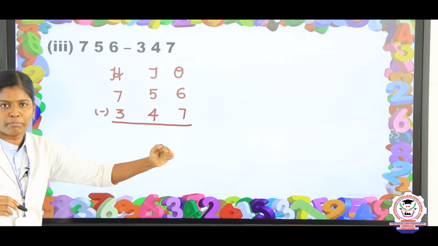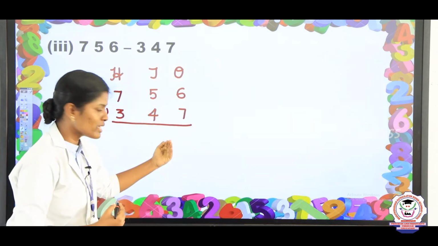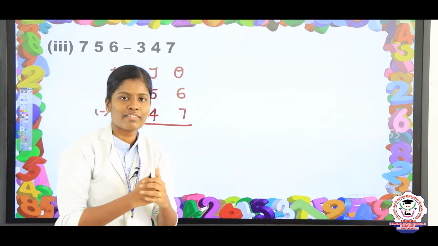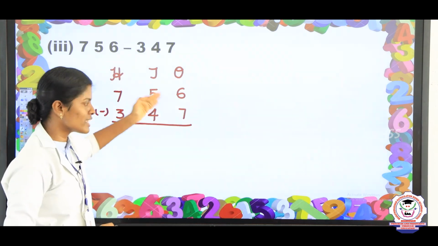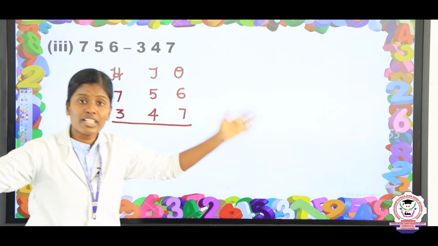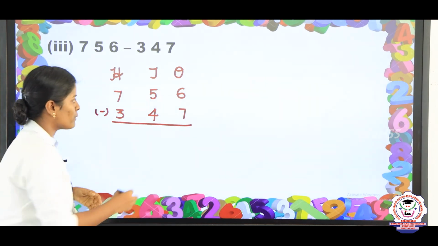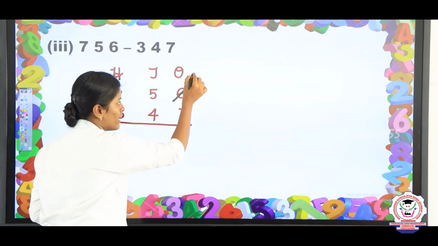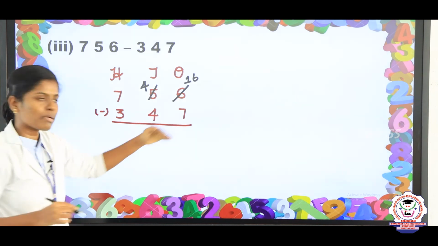Now we are going to subtract this. So while subtracting, we will take the ones place value, tens place value, then hundreds place value. Now tell me Nasreen, 6 minus 7 is possible? Very good. It is not possible. Why? Because 6 is the smallest number, 7 is the greatest number. So we are going to borrow from the tens place. So 6 will change into 16, 5 will change into 4. Now subtract 16 minus 7.